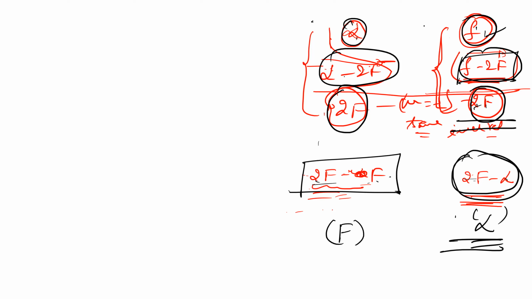So you see, this is infinite, this is infinite. This is infinite to 2f, this is 2f to infinite. This is 2f, this is 2f. This is 2f to f, this is f to 2f. This is f, this is f. Did you understand this? So is it easy to remember or not? Yes, sir. Very easy now to remember. It's easy to draw the diagram also.